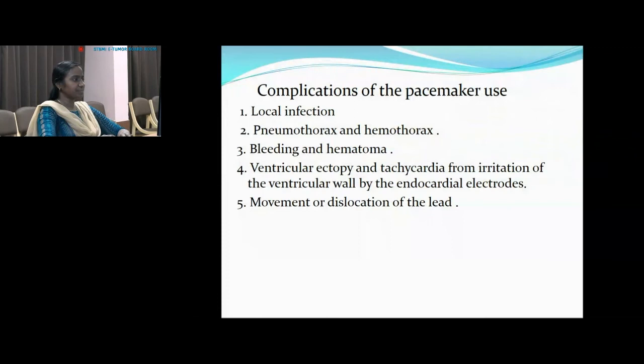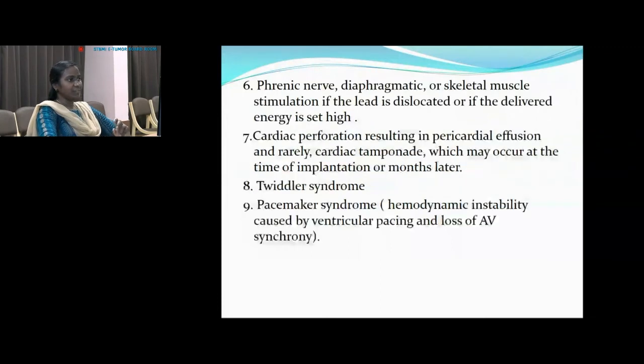And phrenic nerve, diaphragmatic or skeletal muscle stimulation can occur if the lead is dislocated or if the delivered energy is set high. Sometimes due to the dislocation of the lead, it can lead to damage or overstimulation to these